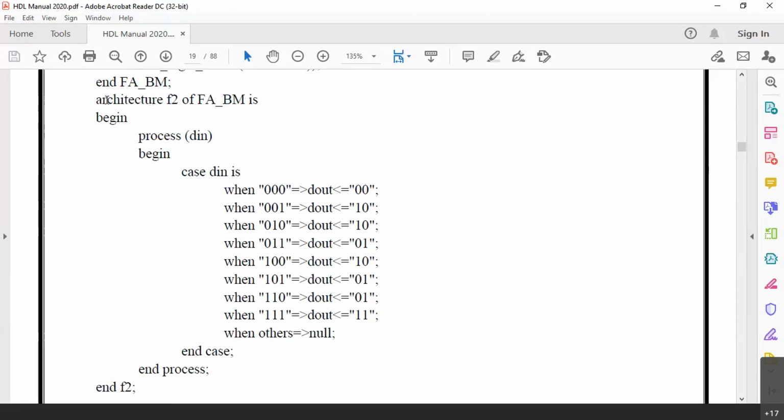Now, here you can see architecture begin, then we have this statement called process. In VHDL, whenever we use this keyword process, we are telling the simulator that from now on, you follow the sequence. As in the analogy of Ravana and Kumbhakarna, we are telling Ravana that you have to follow a sequence now.